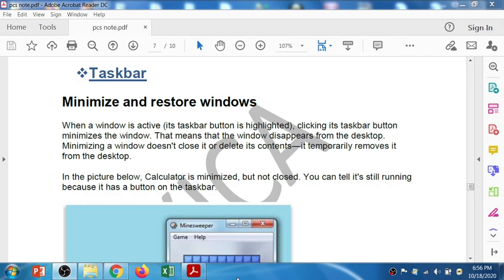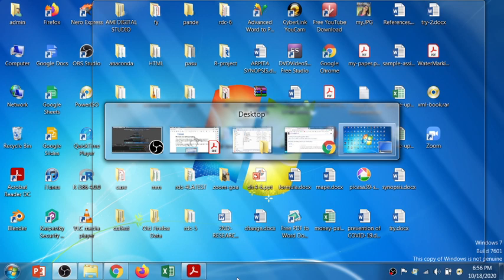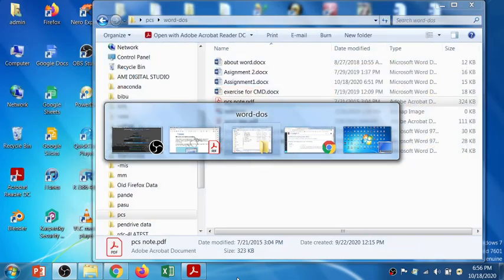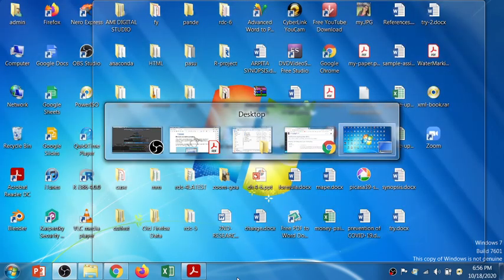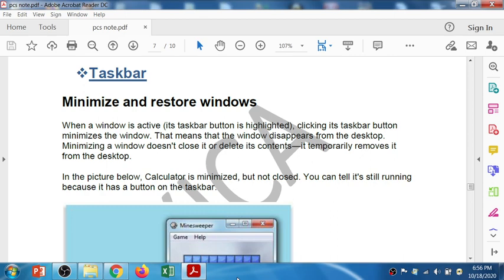If I press Alt and Tab, you can find currently 5 programs are there. So continuously I am pressing the Alt key, and then I press Tab one time, second time, third time, so it navigates all the currently activated programs. Let's say out of 5 programs I want to work with this file, so I'll just release the keys, so that opens that file. So it shows the currently activated open files or programs, right? So you can access it from the taskbar.